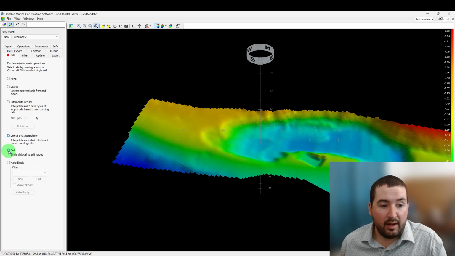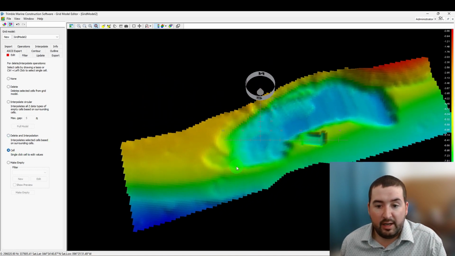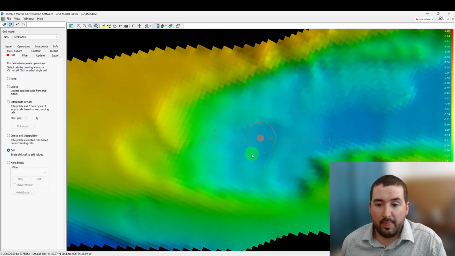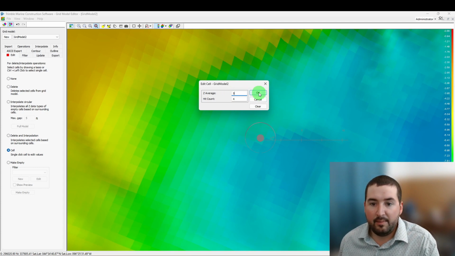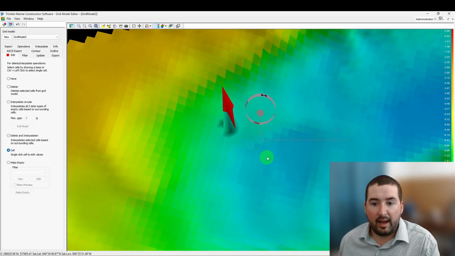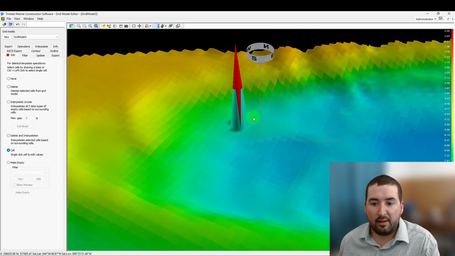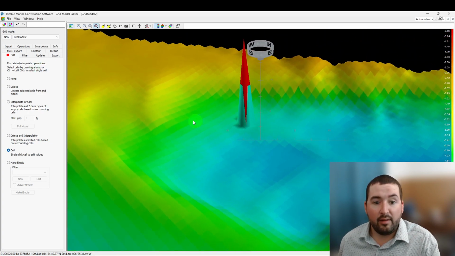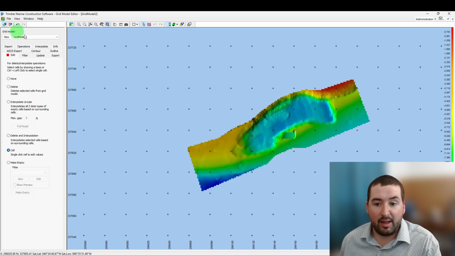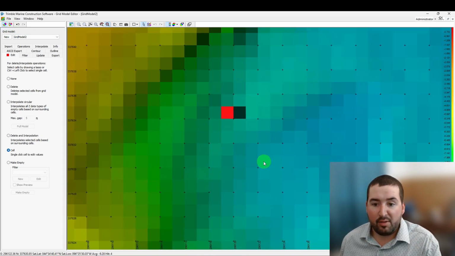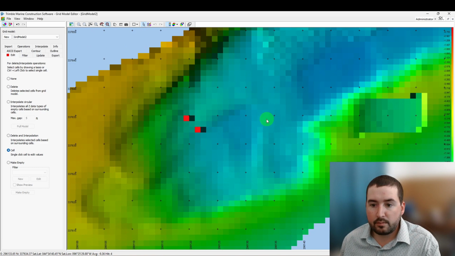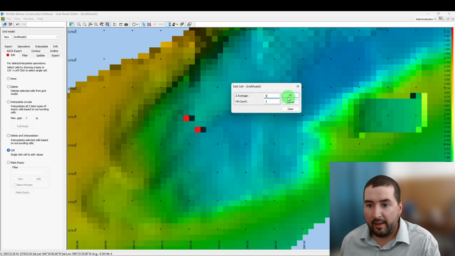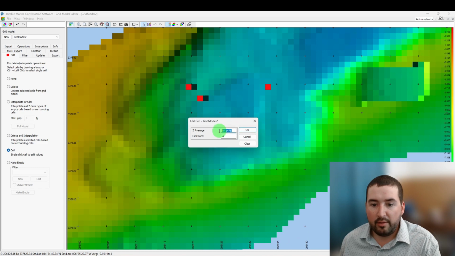Lastly, we can update a single cell. So if we're in the 3D view here, we will get a nice top-down view, and we'll go ahead and click on a cell, and we can set the Z average value to 5 feet, any elevation you want really, and you can see that it put a spike in there. Now, single cell updating is easier in the plan view, I believe, to get more precise control over the cell that you'd like to update. So we'll go ahead and do a couple here, and then we can move right into the spike